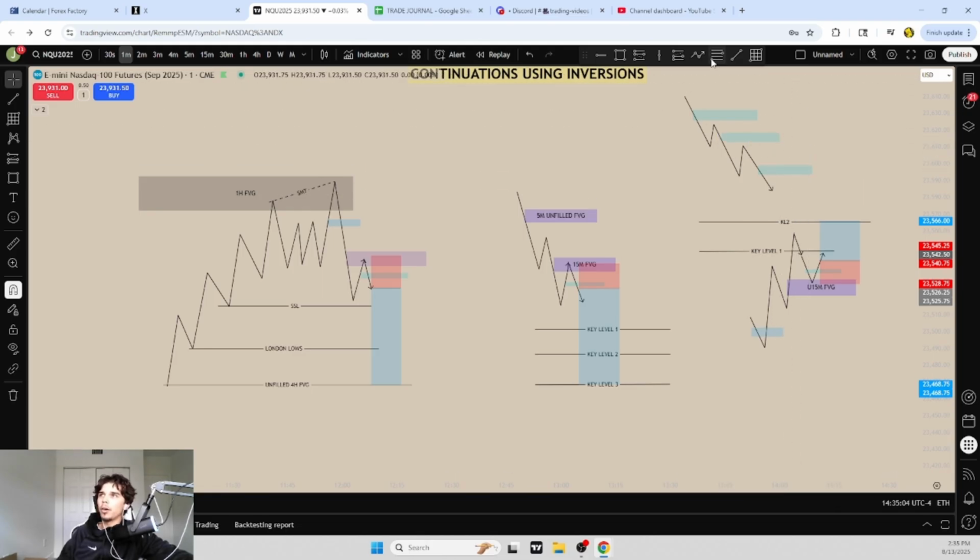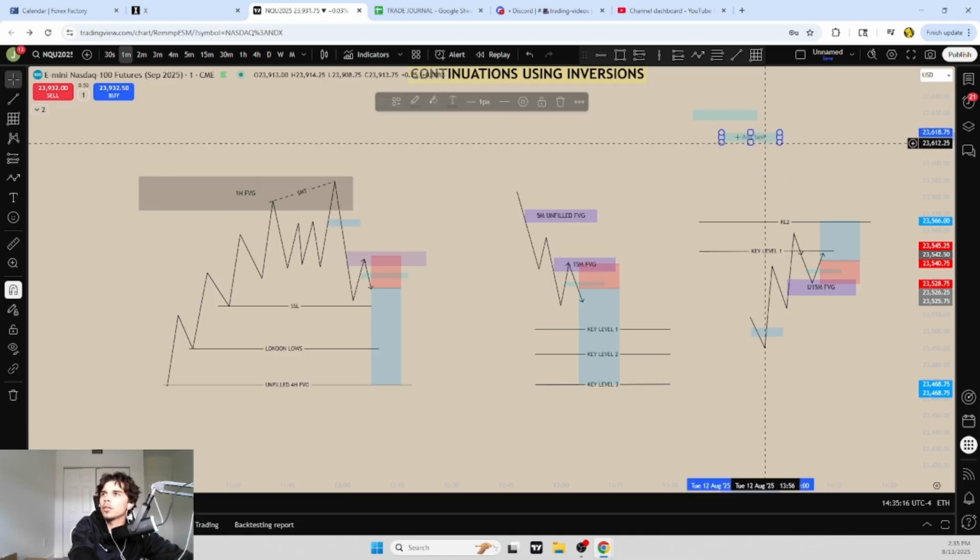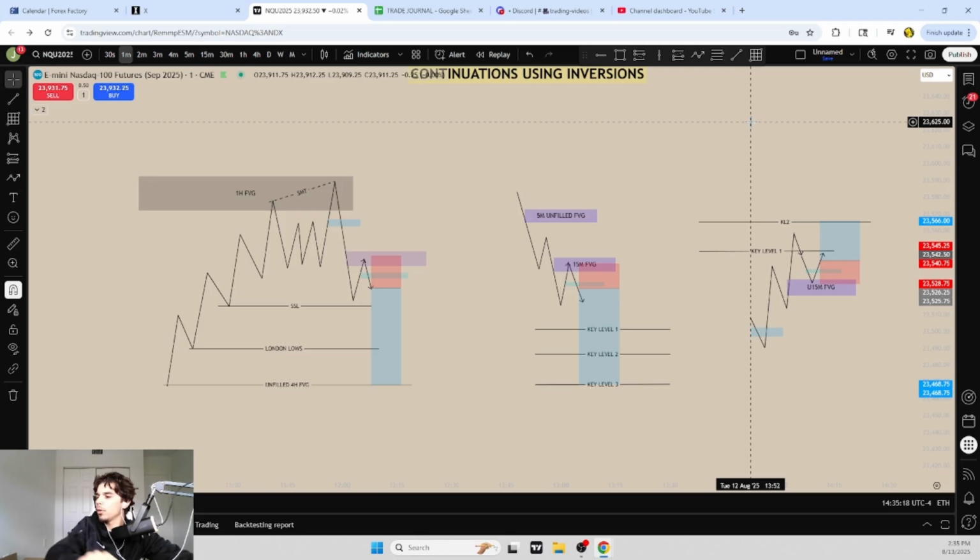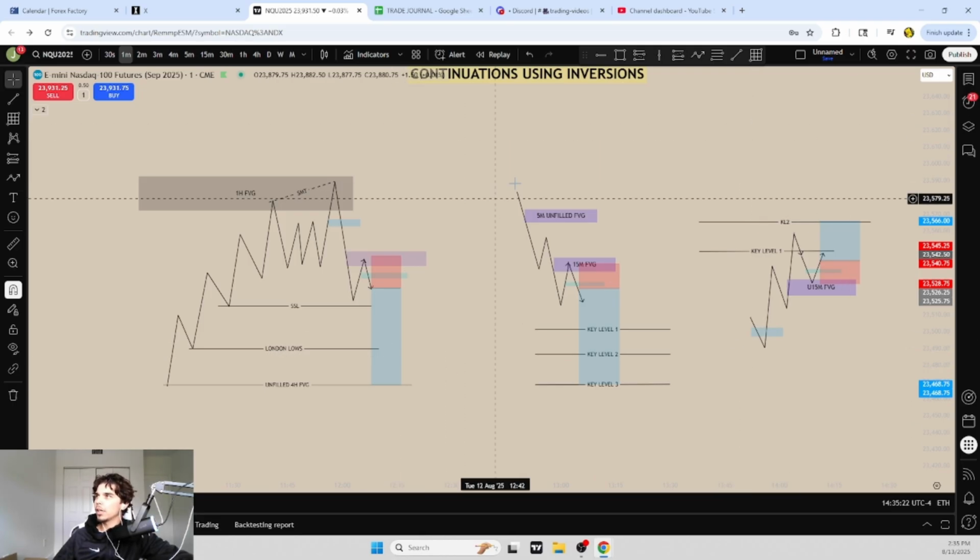Because again, what do we know about unfilled fair value gaps? Well, they're a draw on liquidity. So we're most likely going to want to have to tap into one of these before continuing lower, whether it's the first one, second one, or third one. That's just how price moves, like in general as a whole, all right? So with that being said, let's move on over to the charts and we can show you guys live examples